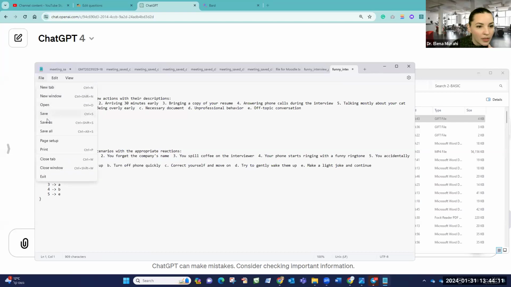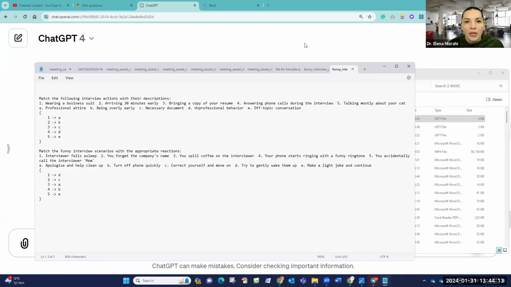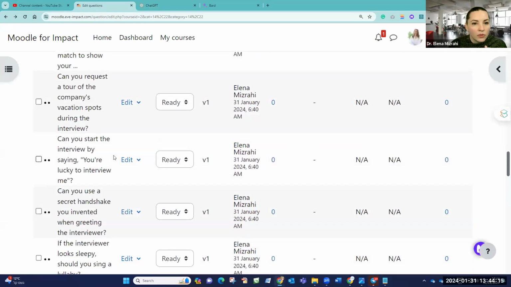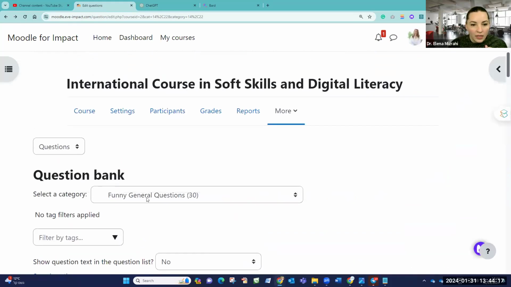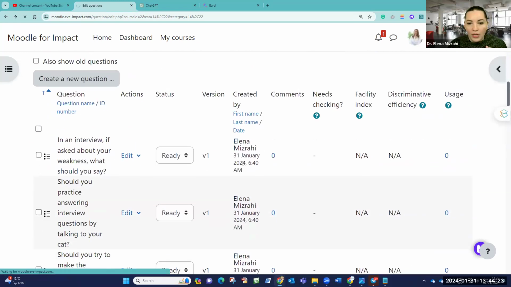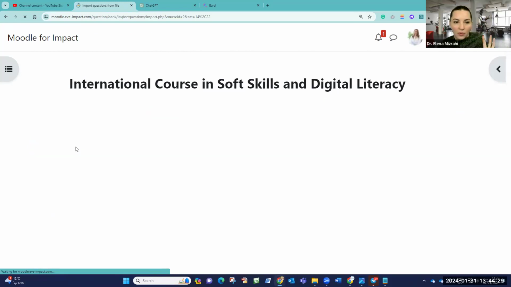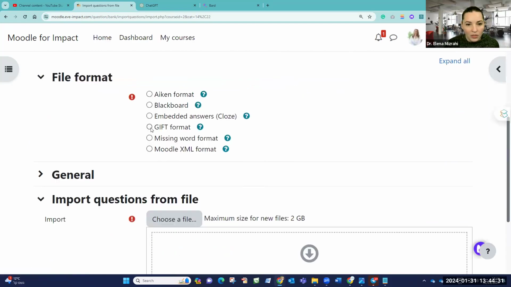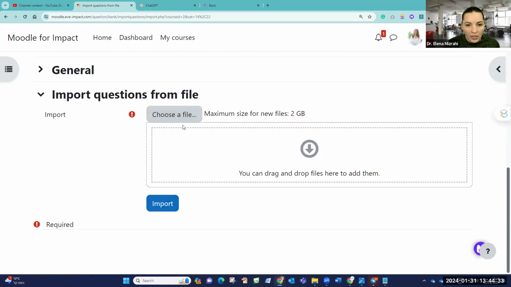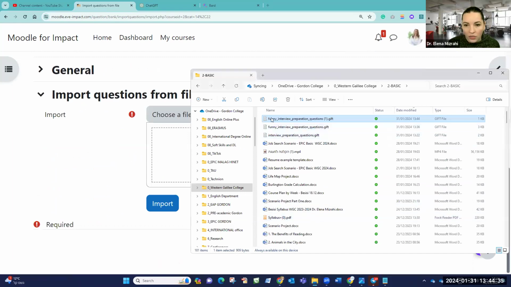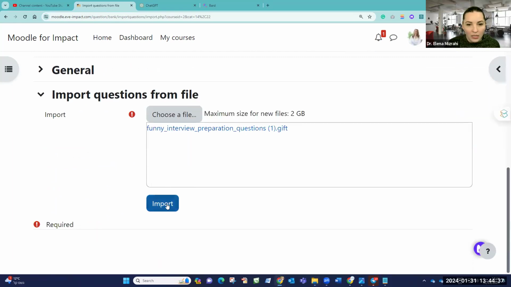Let me just save, but it's a good idea. I'm going to save this, and I'm going to go back to my question bank. We are in the right place, right? I'm importing more questions. I'm importing a new file that was just created with 2 matching questions, and then we'll preview what they look like. So it's another GIFT format. I can choose a file or just drag the file. Here it is, import,